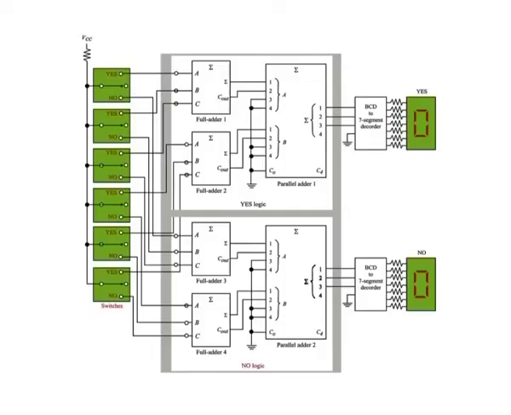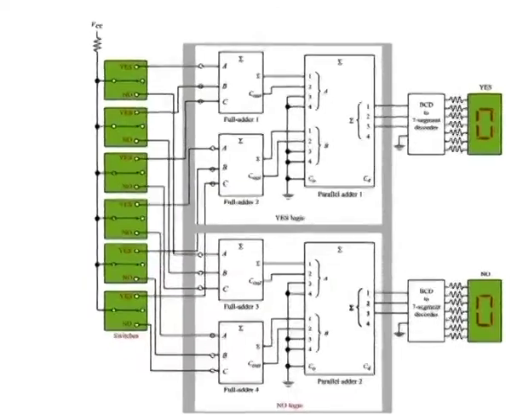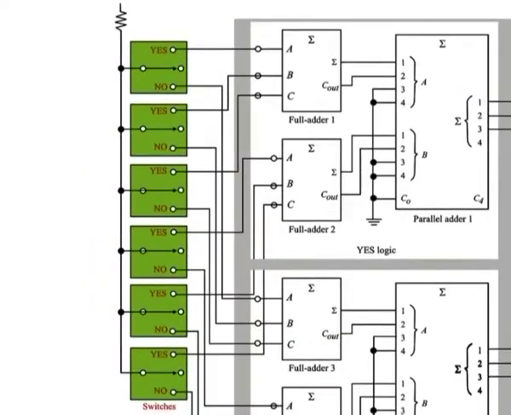Application. An example of full adder and parallel adder application is a simple voting system that can be used to simultaneously provide the number of yes votes and the number of no votes. This type of system can be used where a group of people are assembled and there is a need for immediately determining opinions. In its simplest form, the system includes a switch for yes or no selection at each position in the assembly